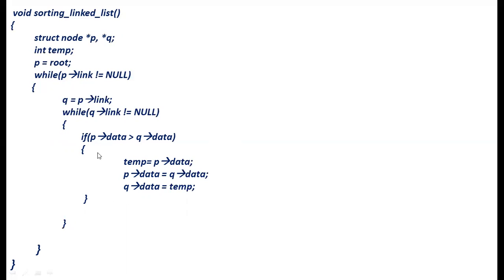So once if the condition is completed, what we are doing? We are making Q is equal to Q to link. Even if the condition is not true also, we are incrementing the Q value, Q to link, until the Q to link value becomes null. So once when the Q to link value becomes null, then we are checking this condition until we are incrementing the P to link value. So until the P to link value not equal to null, we need to execute this while loop. So this is the program or the logic what we are going to use for sorting the elements in